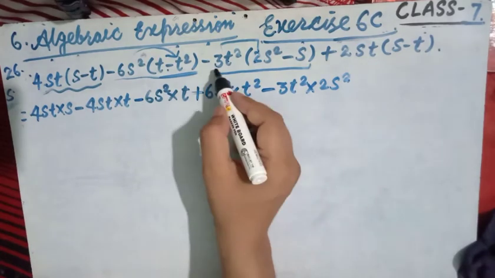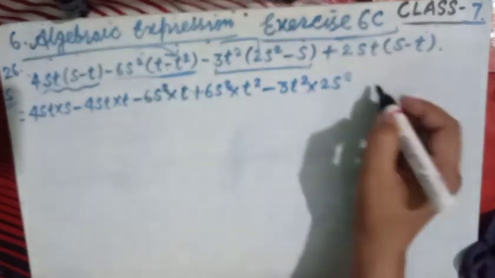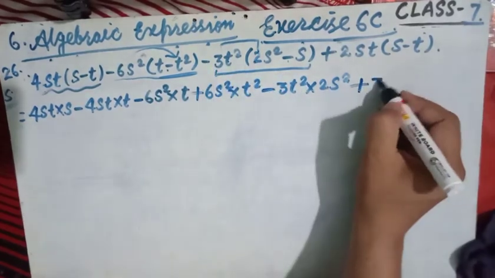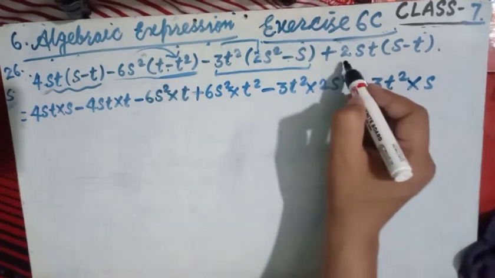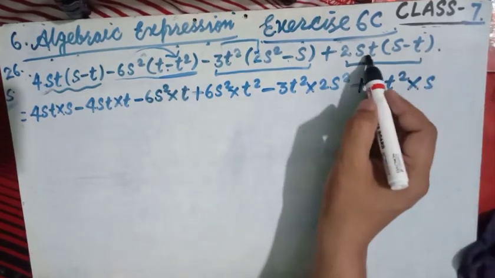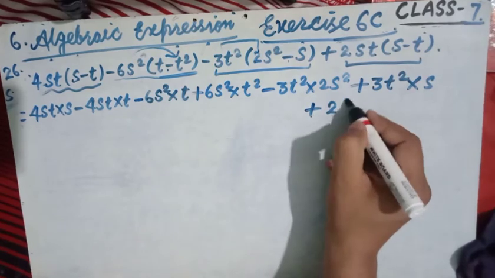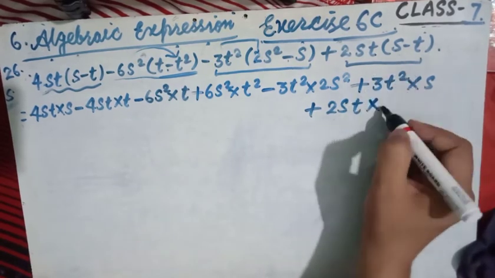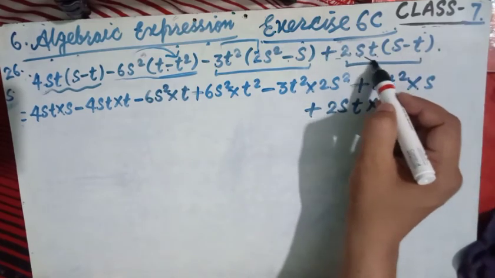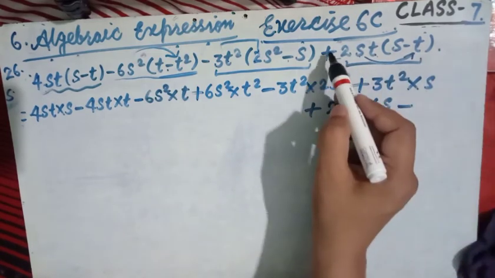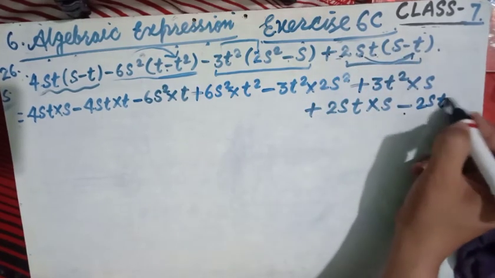Now next, this minus 3t square multiplied by this minus s. Here is the minus into minus, which is plus, this 3t square multiplied by this s. Now look here, the plus 2st multiplied by this s. Now here the plus into minus is minus, this 2st multiplied by this minus t, so here is the plus into minus, the minus, the 2st as it is and multiplied by